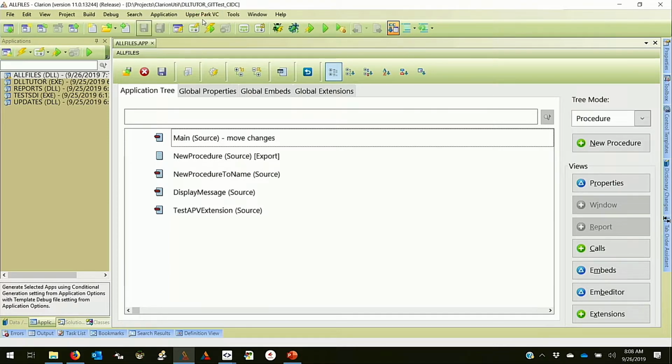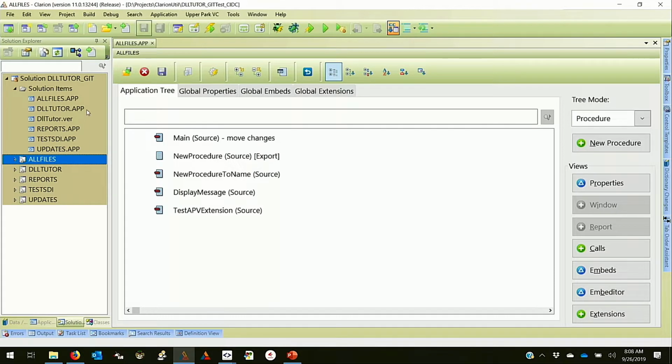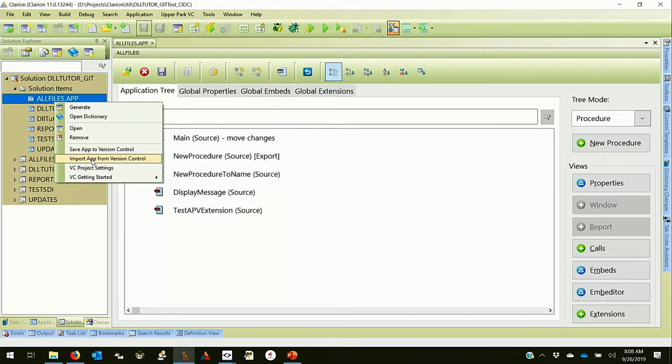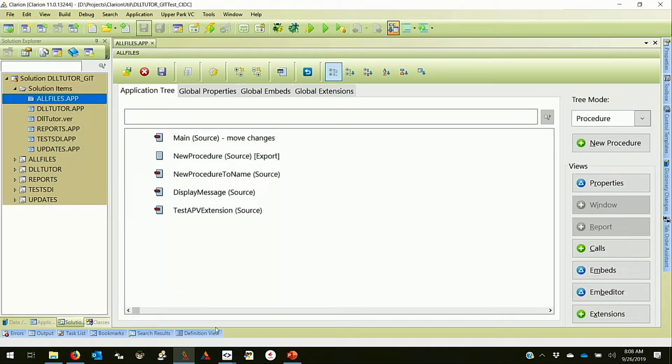Besides the app menu, we also have integrated into the solution. So in the solution, you have a number of new options that show up with the add-in. So basically, you can import all, save all. You can also save or import individual apps from here as well. So what happens, let's go back over here